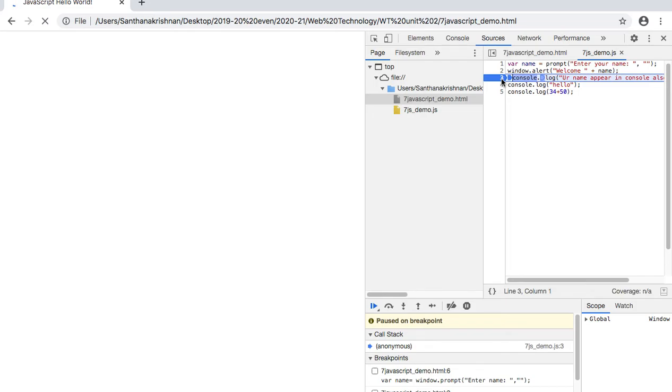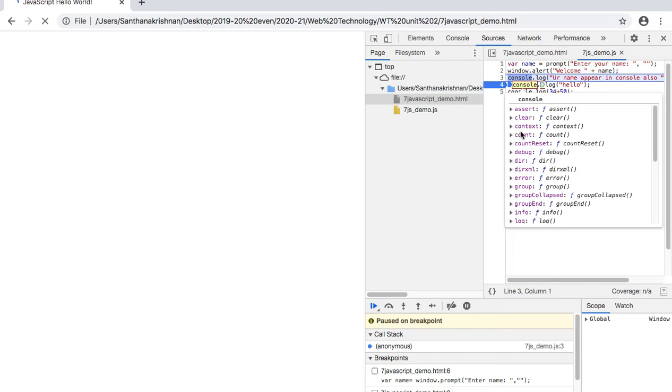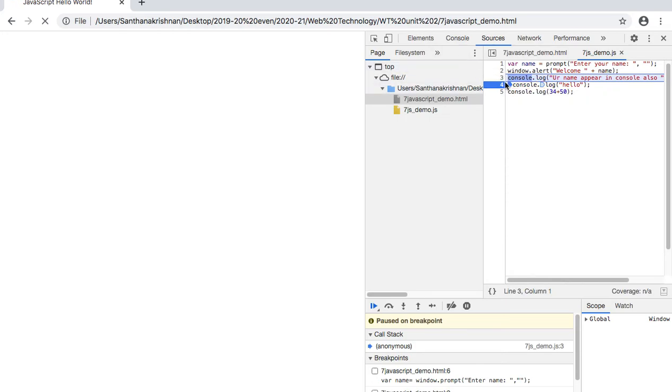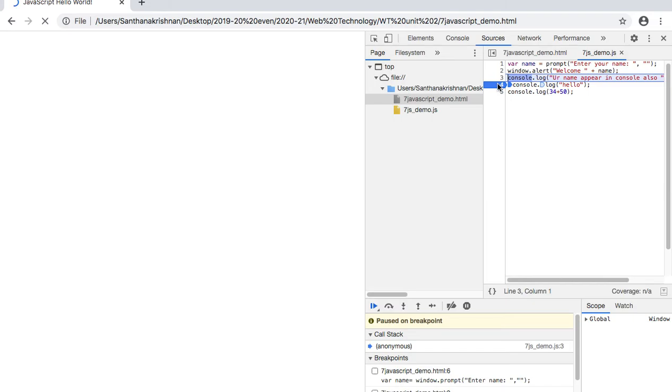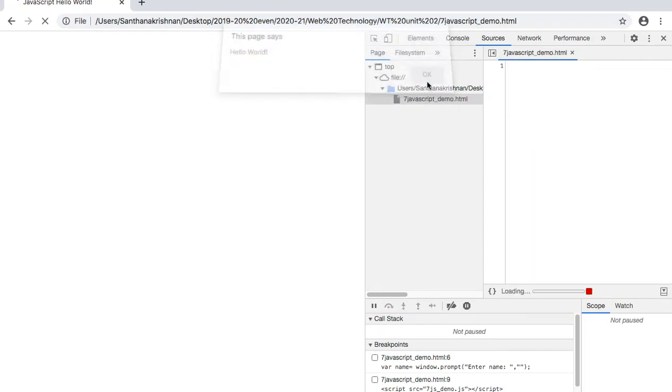So let's remove this breakpoint and put the breakpoint at line number 4. Previously I said all the 3 lines will be executed, so that's my mistake, I'll correct it. It executes the lines before the breakpoint line; from the start of the breakpoint line, it stops executing. So only these 3 lines will be executed now. Just refresh it once again and check whether I am right or not.